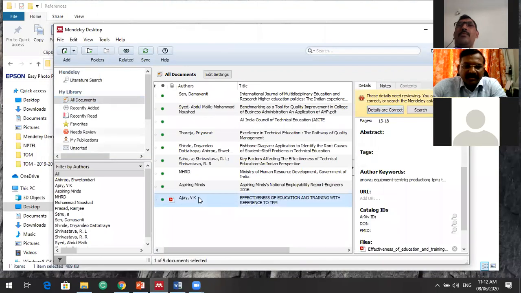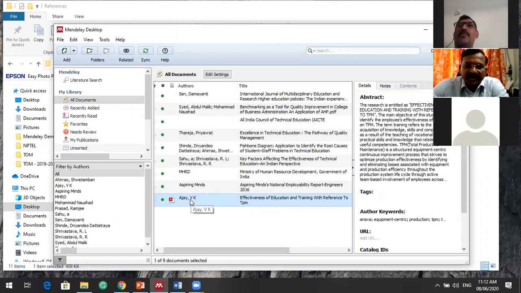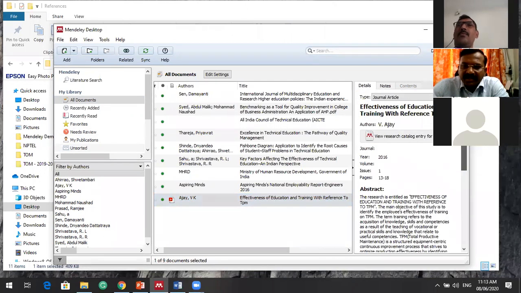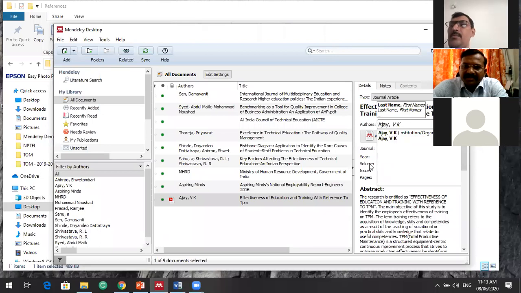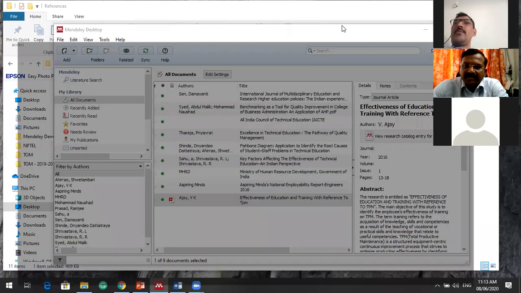When you are putting the paper, if you click on that paper, it shows all the details on the right side, whether it is a journal paper. All these things will be readily available. When you download the paper, this data is already there on the network, so you get it directly. Whether it is a journal paper or book, then the title of that particular paper, authors, then journal.